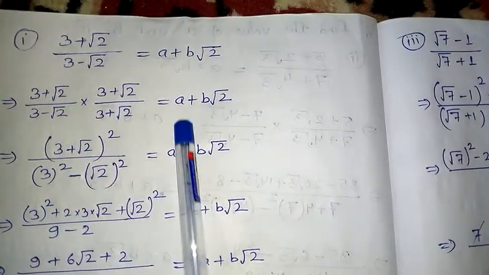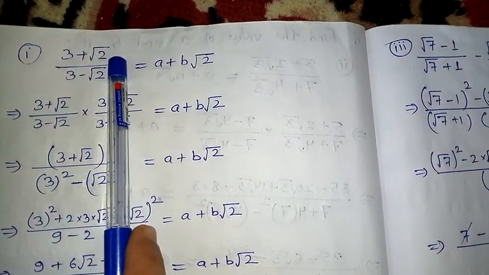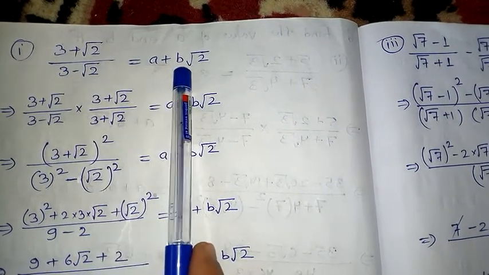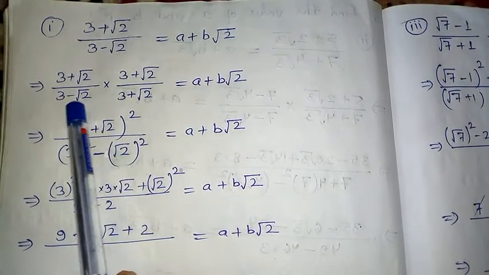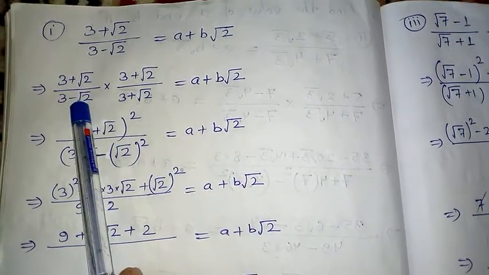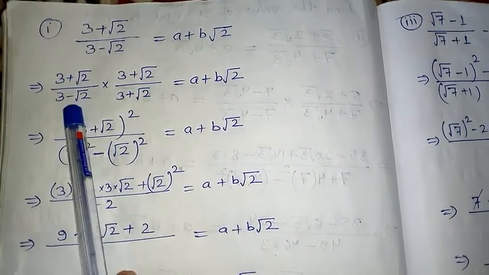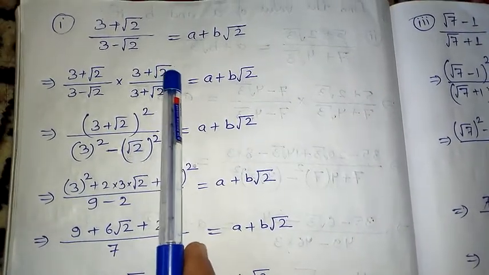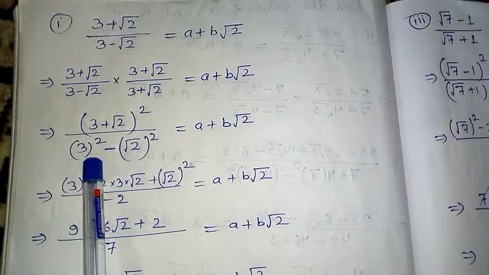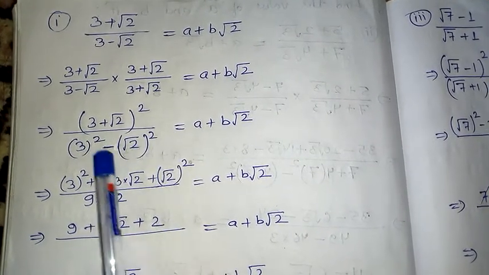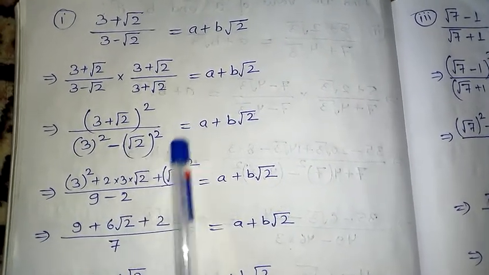Next, a very similar question. (3 plus root 2) by (3 minus root 2) equal to a plus b root 2. That means I have to find the value of a and b. The same way, I give the partner from my own side. Minus will get the partner as plus, the numbers will be same. And here the same number multiplying 2 times, I can write whole square, and the below part is the formula of a square minus b square. Next, 3 square is 9, root 2 square is 2.